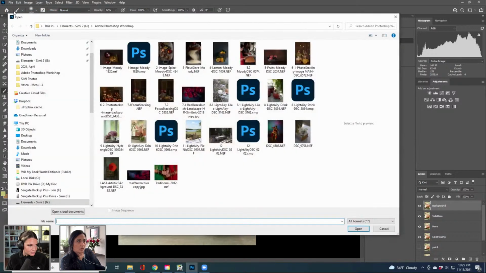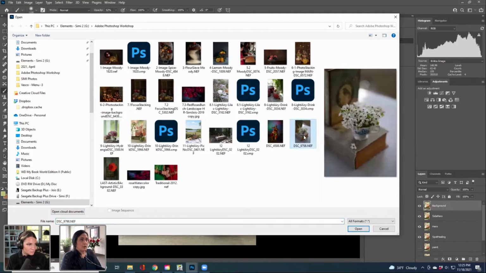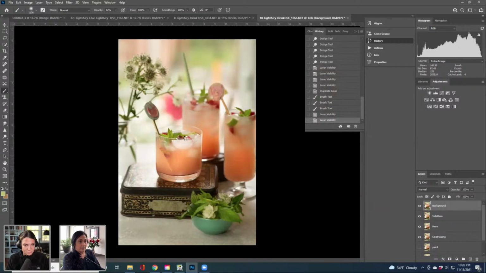Let's go to the next image. I think I'm going to do this one, which is cherry blossom. Yeah, I like this. I'm going to do this one since we are into bringing in the light. So now in this image,